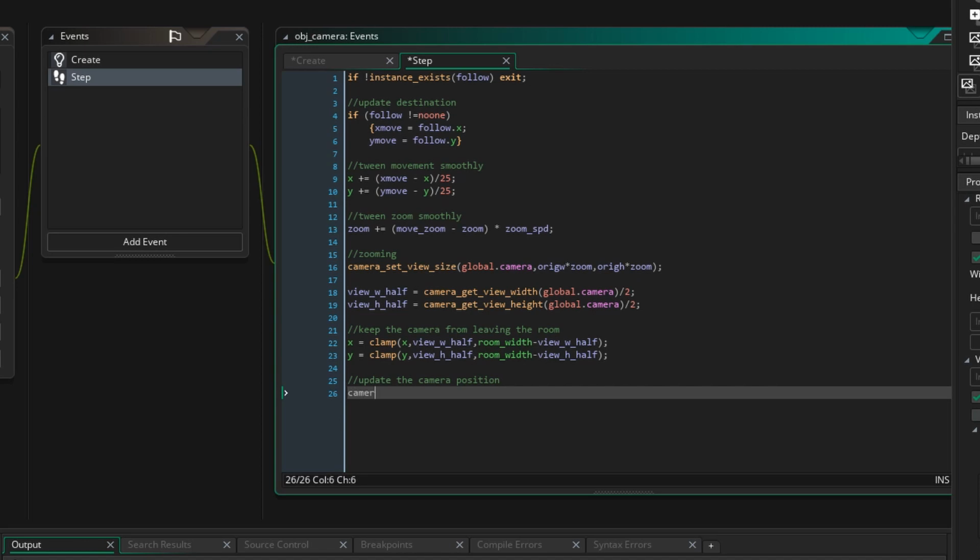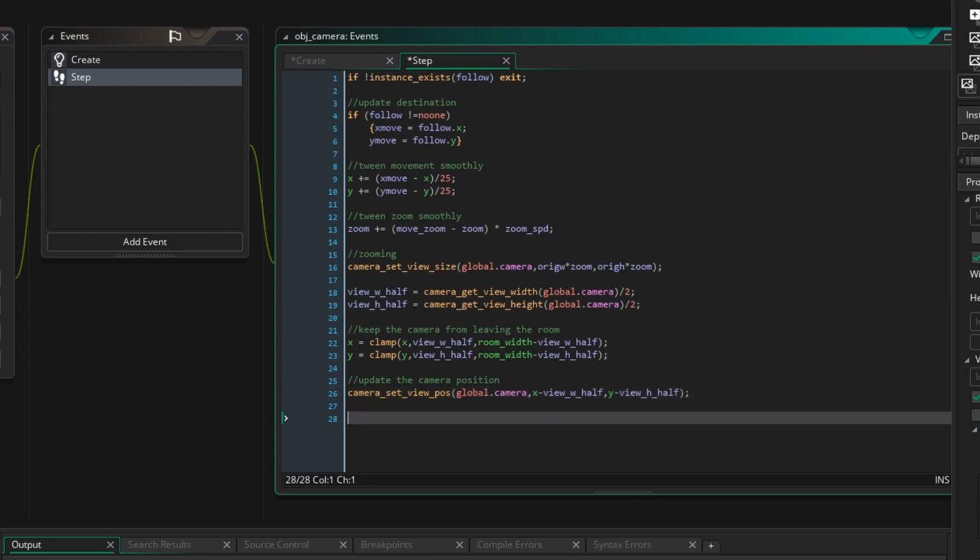So camera set position, and then we're going to do the actual input method for the zooming. So first we want to do the mouse wheel zoom,